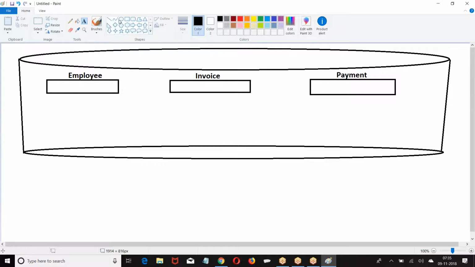If a user wants to open a table, how will you open it?